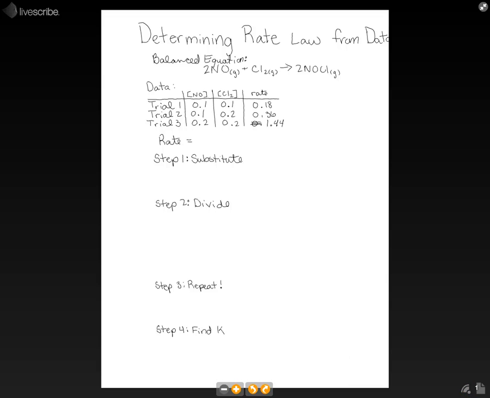In this video, we're going to talk about how to determine the rate law for a reaction using data. The first thing we're going to do is make sure we have a balanced equation. And we have our equation here, 2NO plus Cl2 yields 2NOCl. As we can see, this is already balanced. So next we have our data, which I've already set up. It's simply the trial number, and then different concentrations of our two reactants, and then we have our